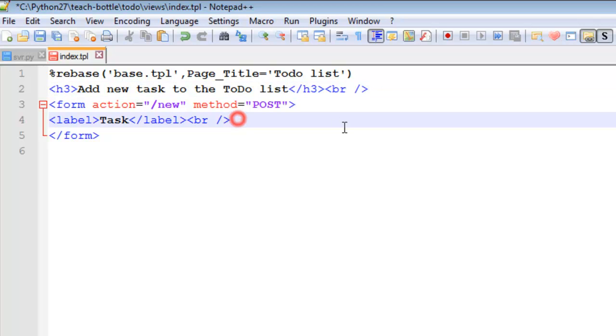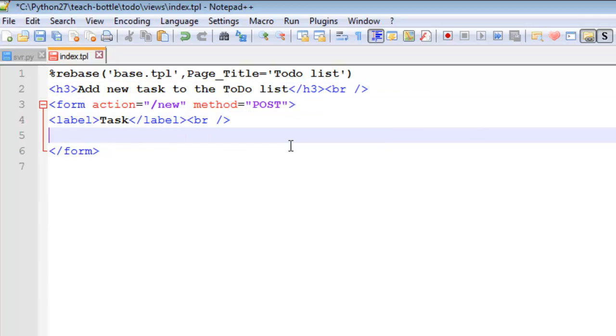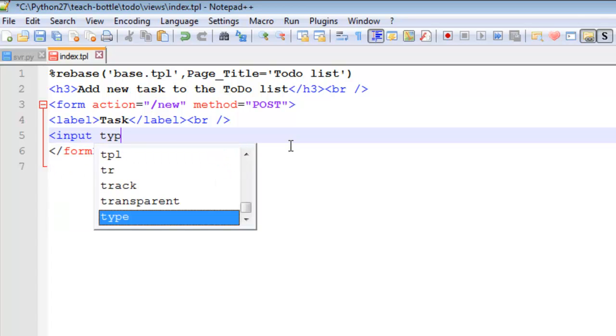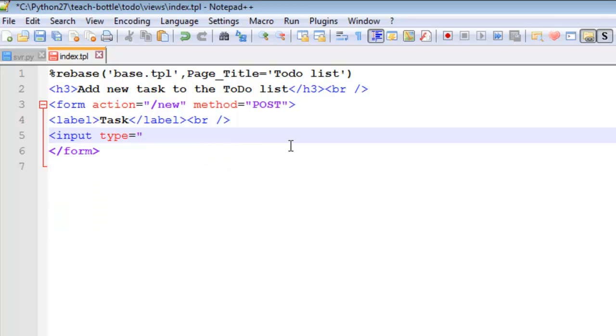It's been a while since I've done HTML. I apologize to the HTML aficionados out there. Input type equals text